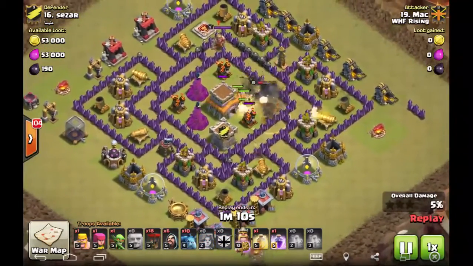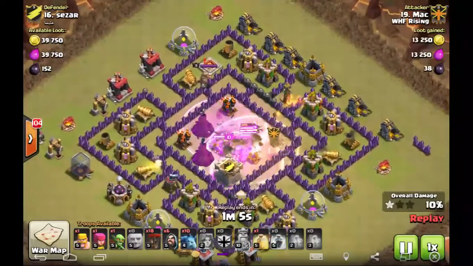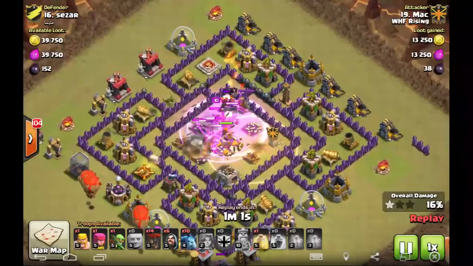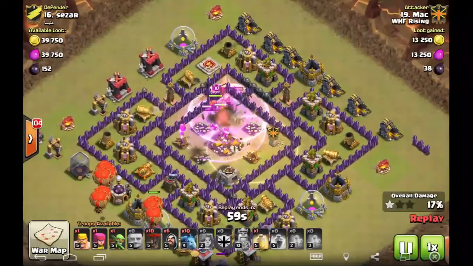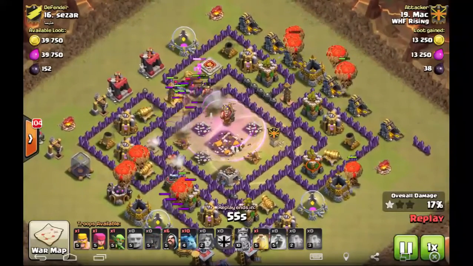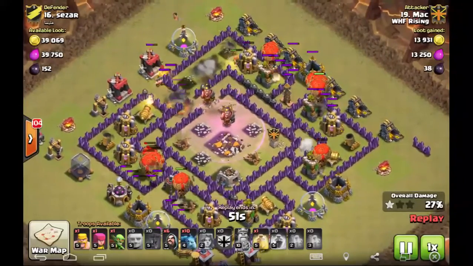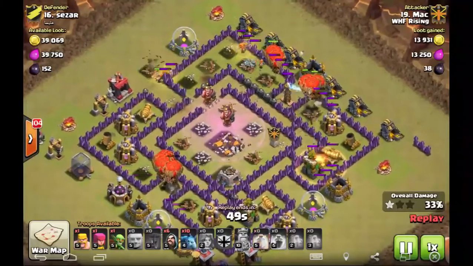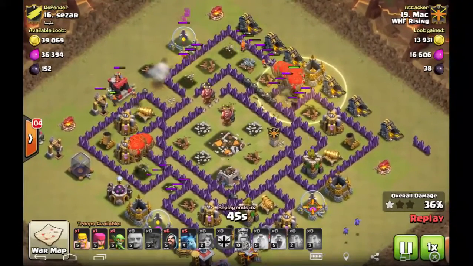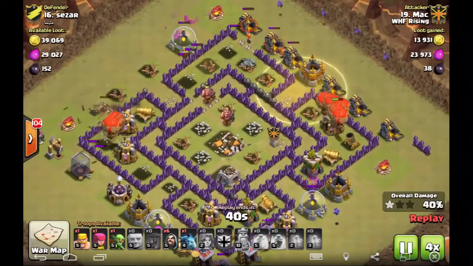Alright, so we've got a hole in the base, which makes it a lot easier to drop them in there. We've got a rage going up that will clean these things up, and that is why we didn't do a GoVaHo, because we had a hole in the base. No reason to tank with the golems to get into all those compartments. So we do have all the air defenses down. We do have Valkyries running around, and we've got a plethora of loons just going and terrorizing all the outer defenses of this base,